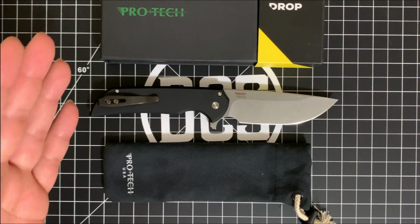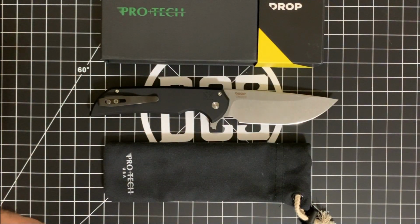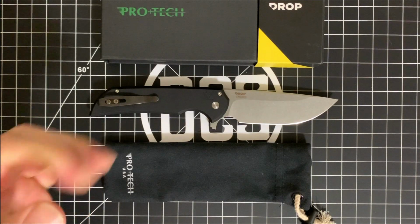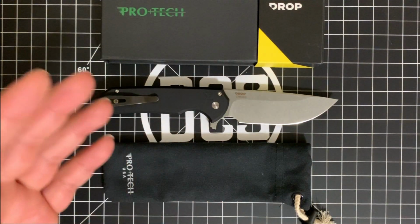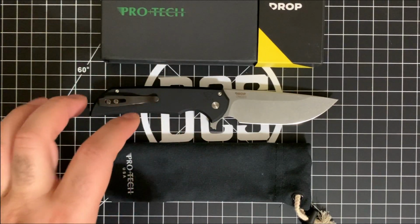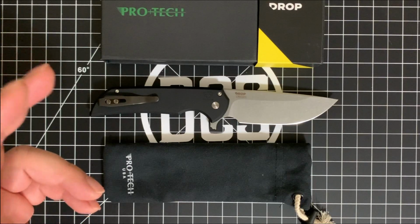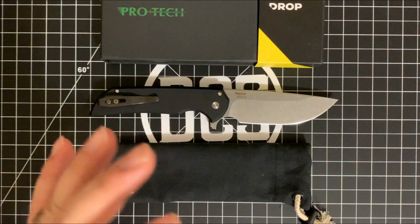non-automatic knives. Their stuff has always been very snappy. Their knives have always been very well constructed. There hasn't been a lot of blade play and lock rock, that sort of thing. And for them to step up with Drop and collaborate with the Ferrum Forge brothers and come out with this knife says a lot. And I'm glad that they did this because it takes away from